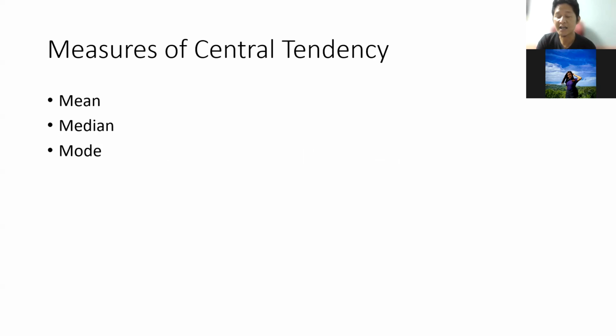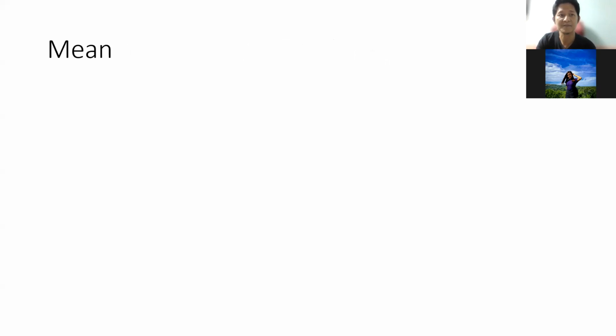Okay? So there are still other ways to find the central location or central tendency aside from getting the average or the mean. We have the median, the mode, we also have the mid-range, and other types of measures of central tendency. But these are the ones we will focus on, and we will focus more on the average later. Let us discuss how these differ and what properties these measures of central tendency have.